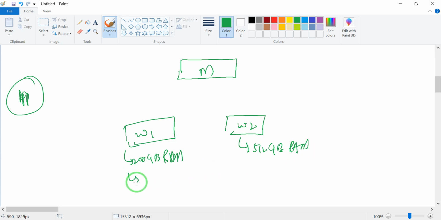Let's suppose this one has 48 CPU, and here I have 96 CPU. You can just assume it. Okay, so I have created this app and developed it and want to run it on my